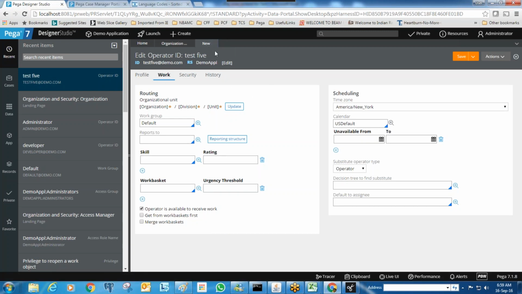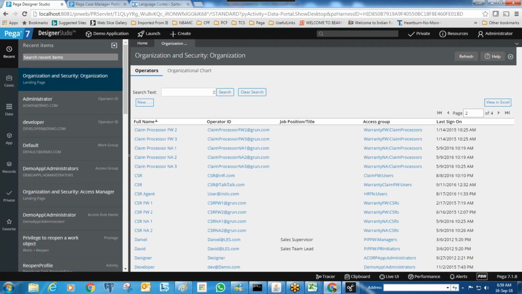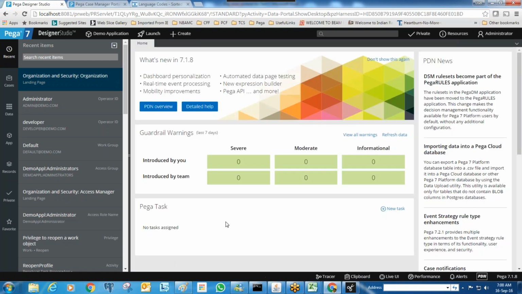So that's from scratch, or else you can save as an existing operator if the configurations are the same. By default, your system is creating 3 operators, right? User, manager, developer, administrator. So if you want the same functionalities, you can just save as that one. So no need to configure many details. You can just change the profile details. So that is about operators: what the operator is, how to configure it and how to create it.